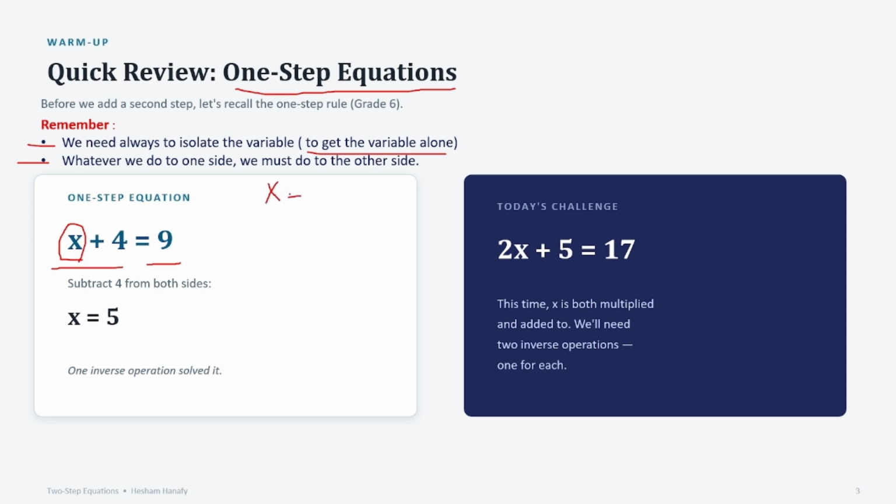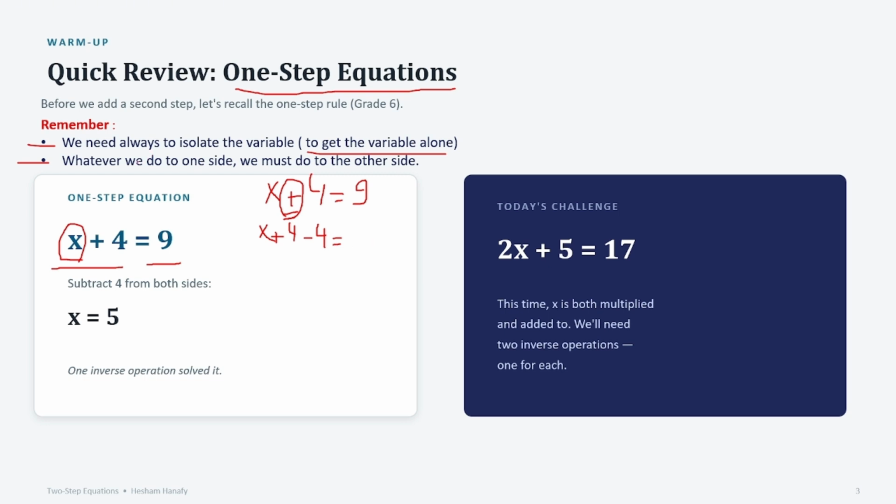For example, x plus 4 equals 9. Firstly, how did we know that it is a one-step equation? From that operation, only one operation is attached to the variable x. Secondly, our goal is to make x alone on that side. So what are we going to do? We make the inverse of that operation, which is subtraction. So x plus 4 minus 4 equals